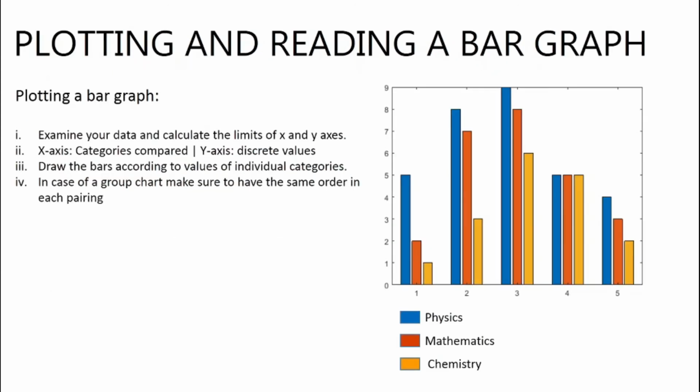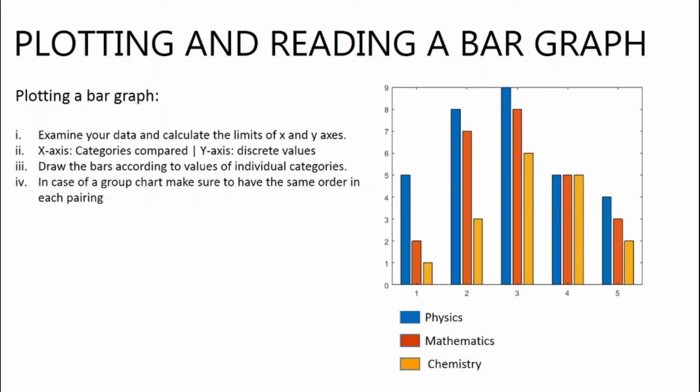Alright, moving on, plotting and reading a bar graph. Alongside is another basic grouped bar graph. It's a very general example of an examination. We have all studied physics, maths and chemistry in our 12th grade. Here I have represented marks. The y-axis represents a certain scale of marks, or let's say the students who have passed these examinations, and 1, 2, 3, 4 and 5 represent various institutions.